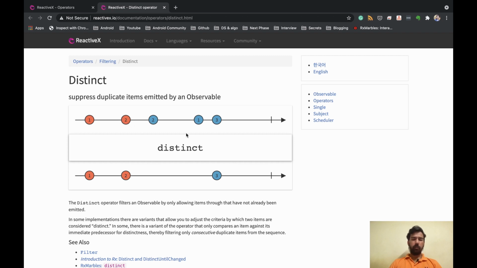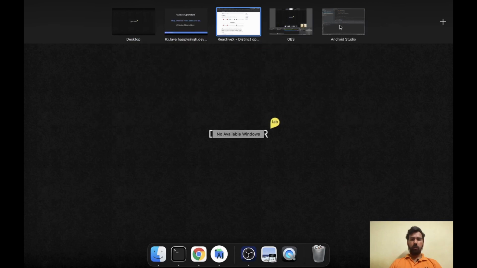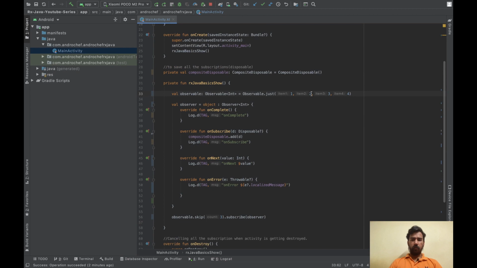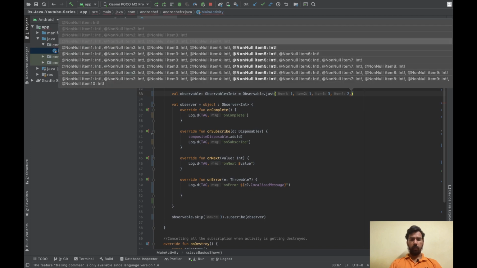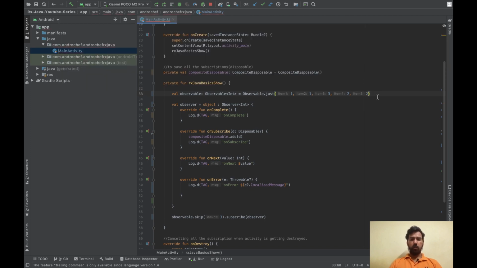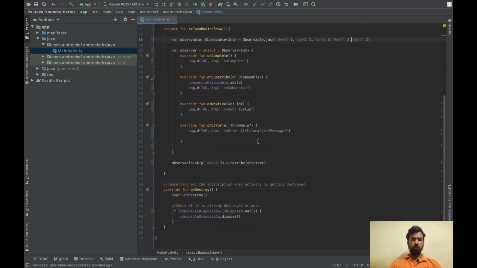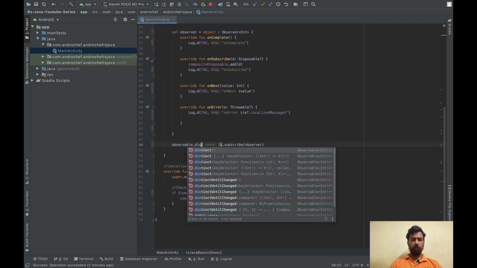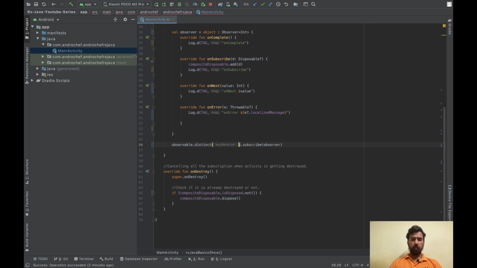Let's implement the same in Android Studio. We'll use the same example. Now we will add 1, and then let's say 2, and here again 2. So the output should be 1 3 and 2, and then we will use distinct. We don't need to pass anything.